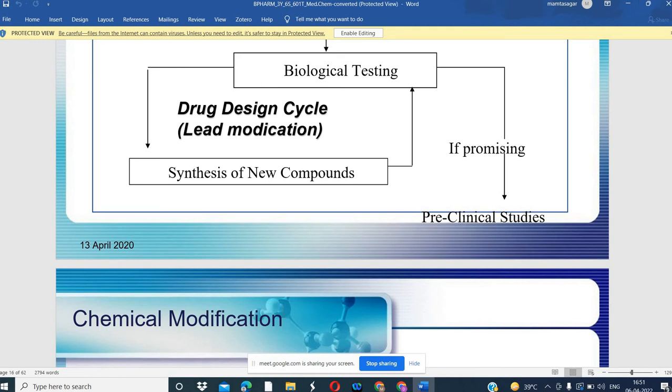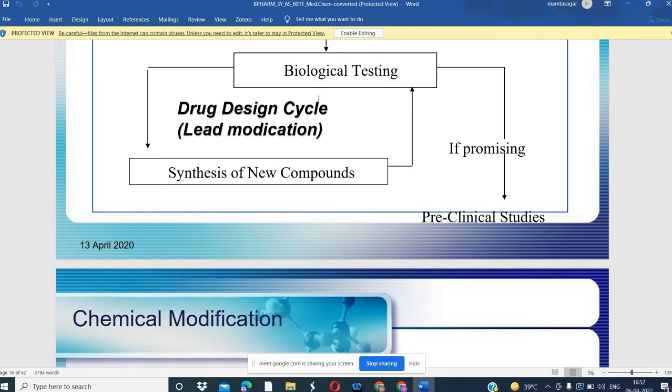there will be the preclinical studies. Actually there are a lot of phases. Right now we are only talking about the laboratory testing. There are different phases, called the preclinical trial and clinical trial, that will be done after that. First we should know whether this molecule has the activity or not. If it has the activity, then only it can be subjected to preclinical or clinical studies, because these studies need a lot of money, a lot of expenditure.